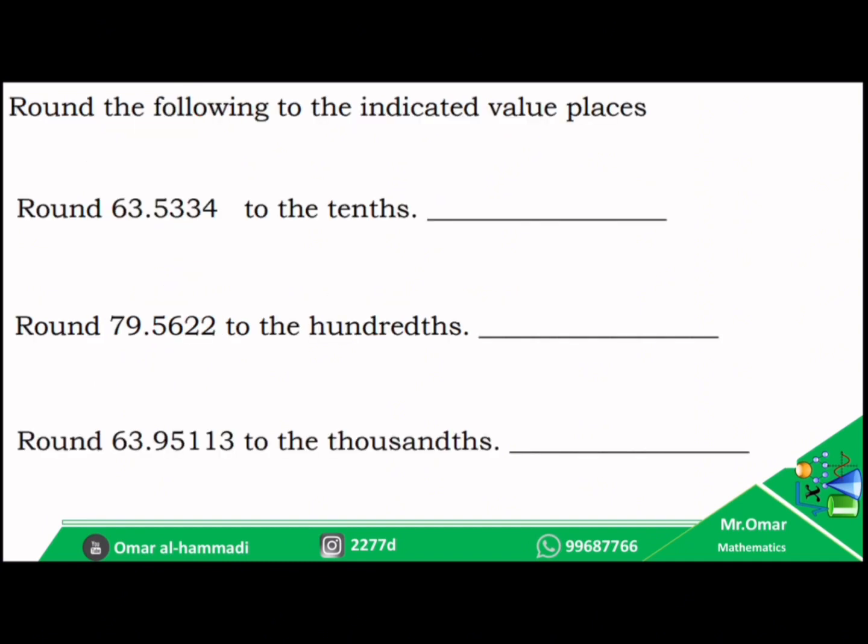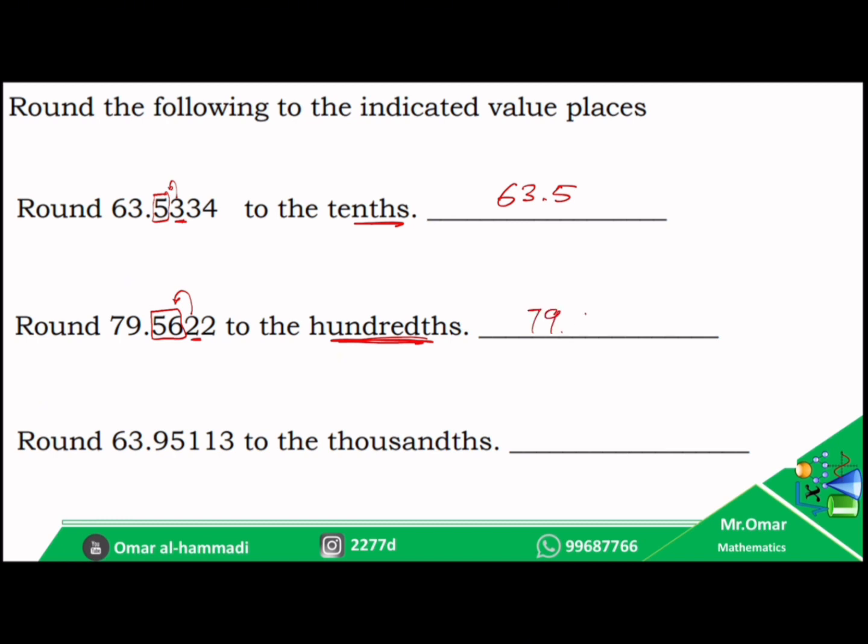Again, round the following. Round this number to the 10th. So the first decimal place, the one decimal place. 3 is less than 5, so we will not add anything. It will be 63.5. And this one to the 100th. So the 2 decimal places. 2 is less than 5, so we add nothing. It will be